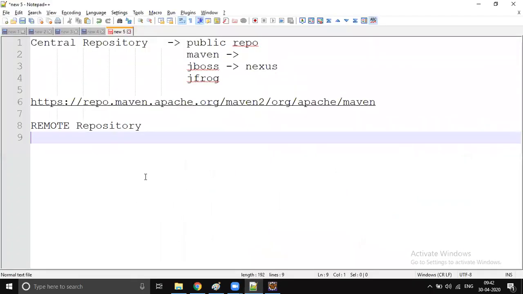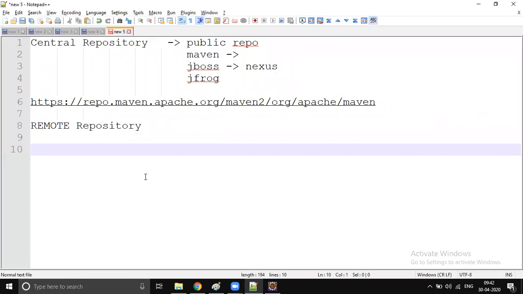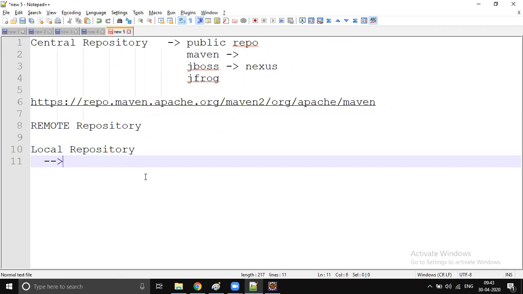There is a default location. I hope you understood what a remote repository is. Now we are going to the local repository. In Windows, and in most operating systems, in the users folder, by default it is C:\Users\, your user ID, which is dynamic.